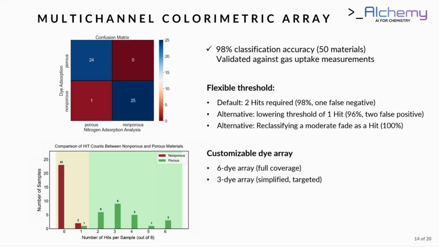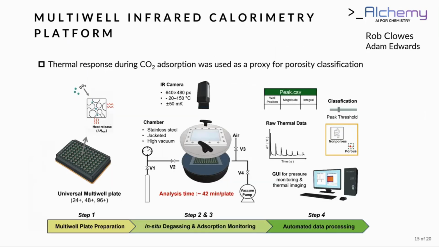The limitation of this method is about water. This method is conducted in aqueous conditions, which can be a limitation for lab-scale materials that are not designed to be water stable. So if you want to test water-unstable materials for porosity screening, we should use the second method. To broaden the scope beyond the dyes, we developed a second method, a multi-well infrared